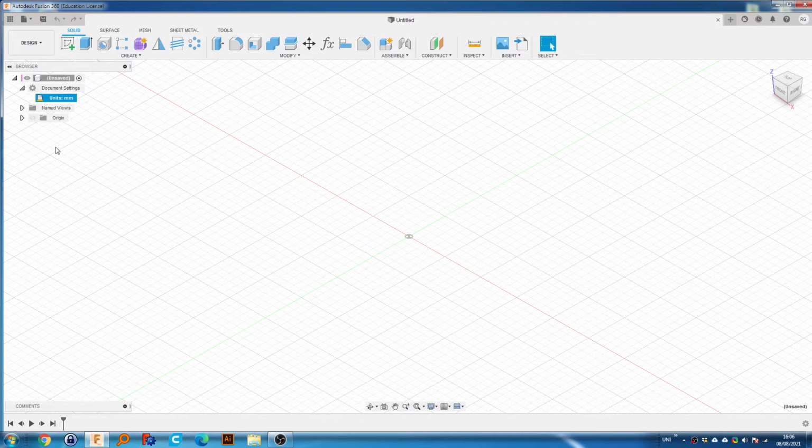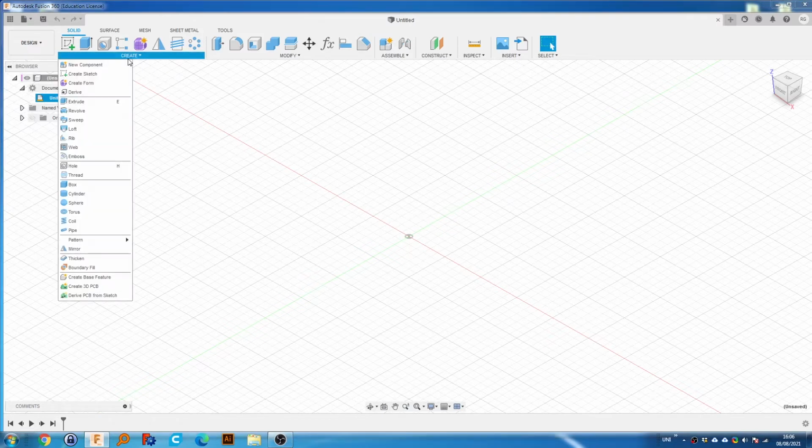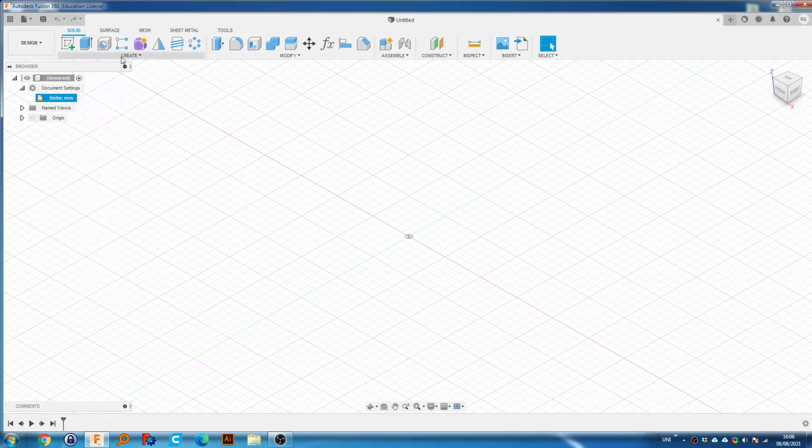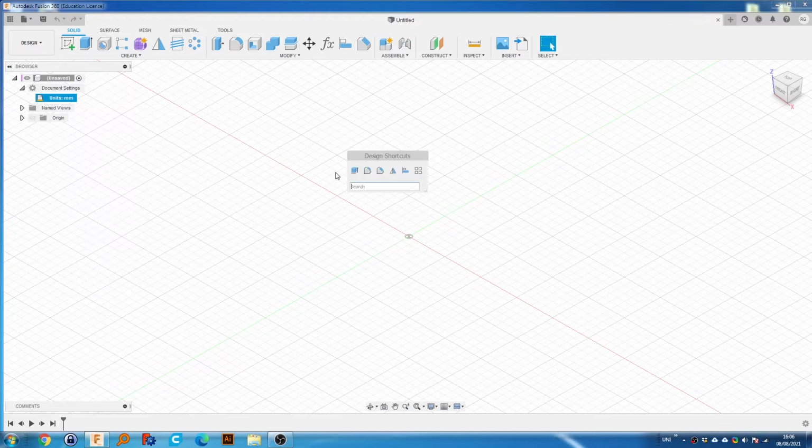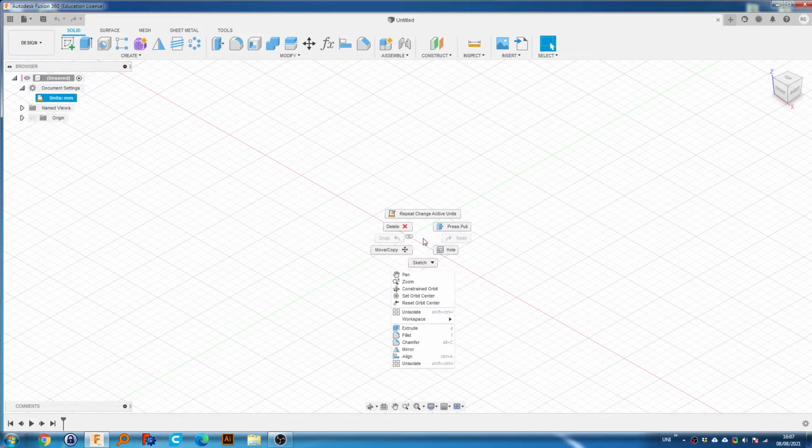The first thing you want to do is create a sketch. To create a sketch, there are many ways. My favorite way, which I'm not going to teach right now because it is not a very good way to start, I'm going to say do the proper way. So you can click this button, which is create sketch, or you can go to create and create sketch. I'm sure you can also press S, which is your shortcuts toolbox, and type in sketch, and you can click this. You can also right click and